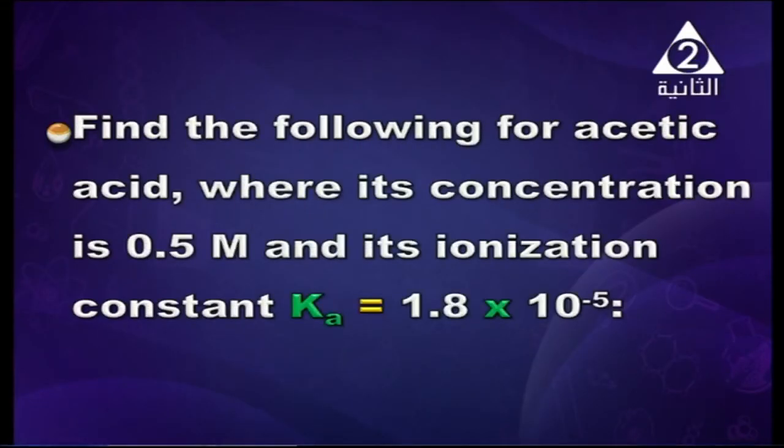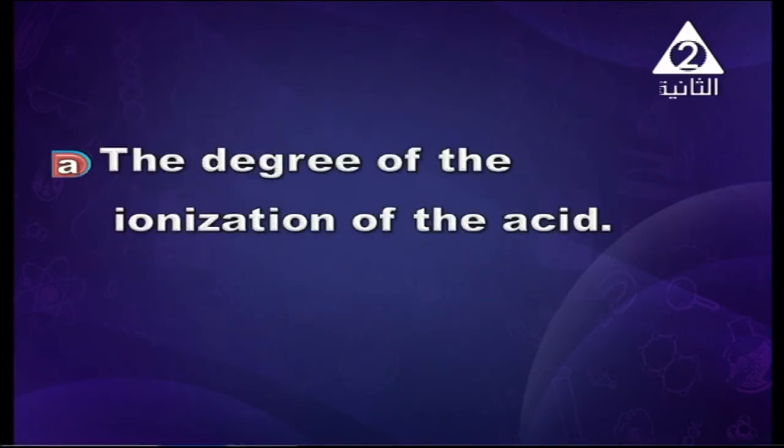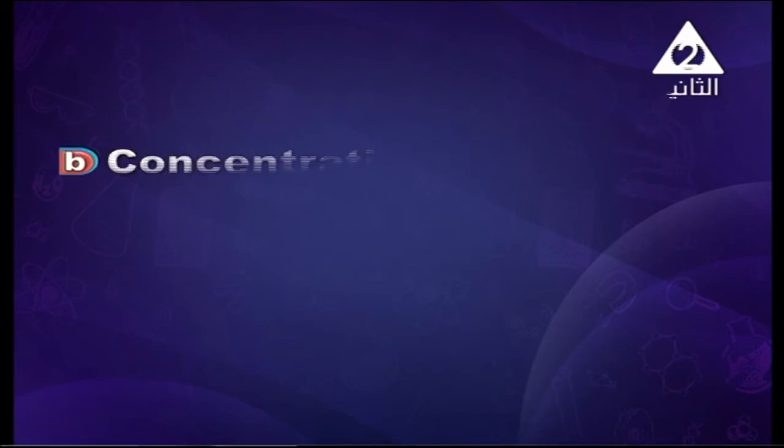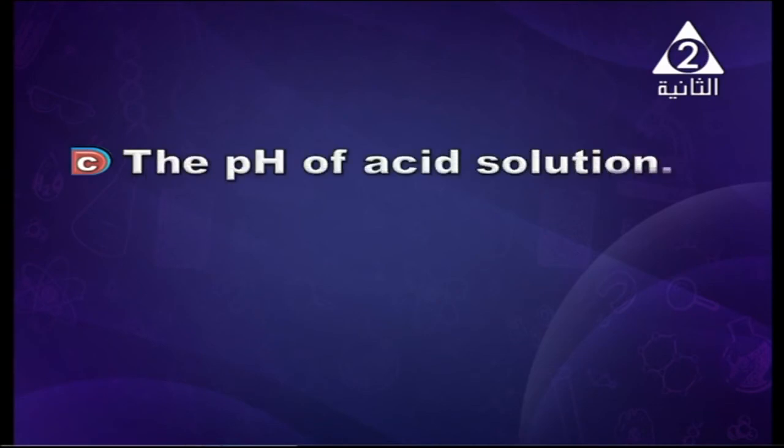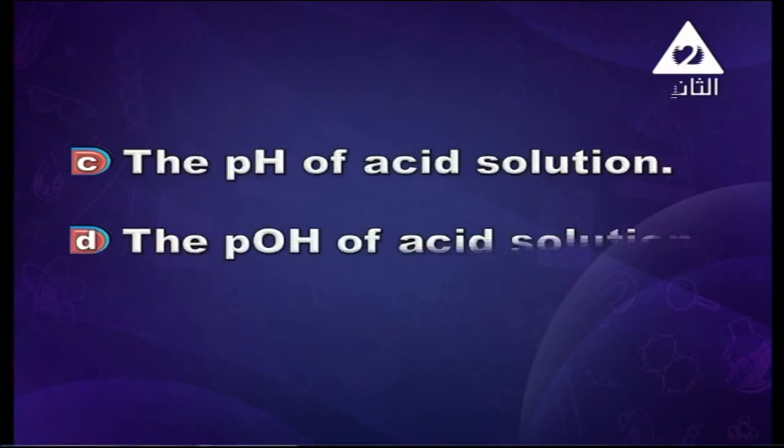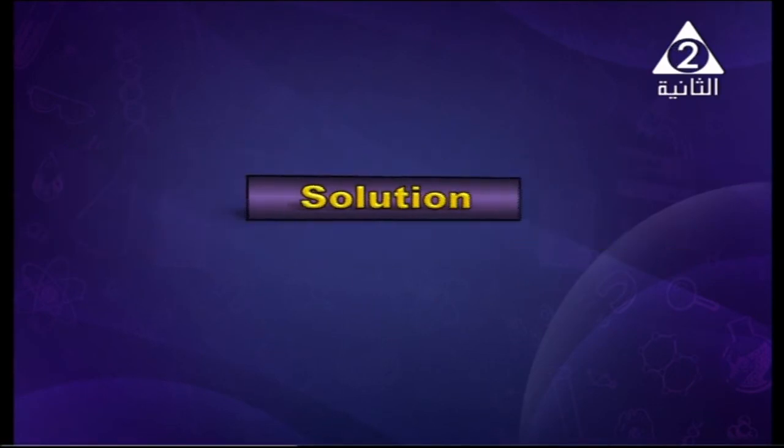Another example: find the following for acetic acid, where its concentration is 0.5 molar and its ionization constant Ka equals 1.8 times 10 to the power negative 5. Calculate the degree of ionization of the acid, the concentration of hydronium ion in the solution of the acid, and the pH of the acid and the pOH of the acid. Solution,